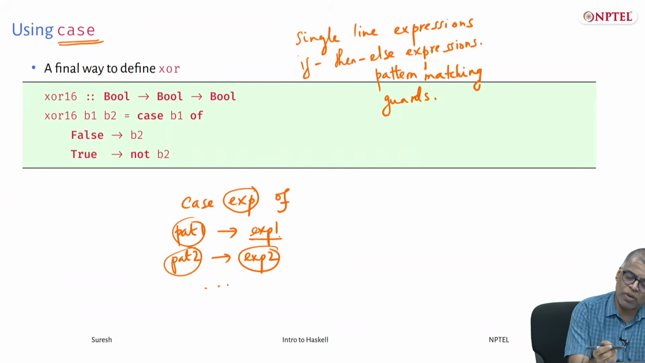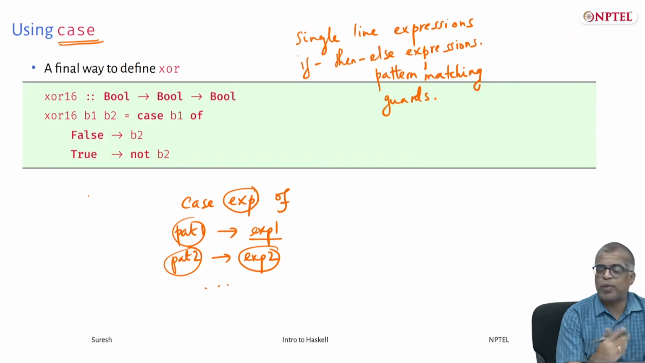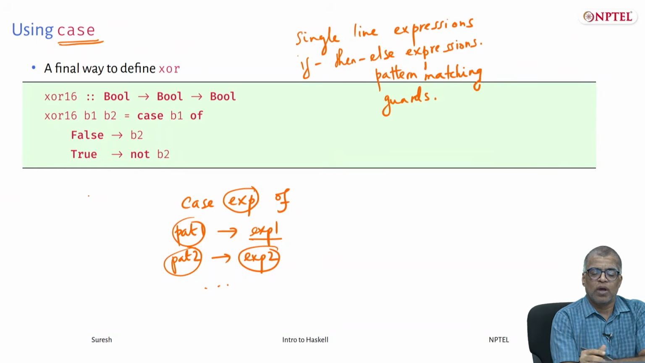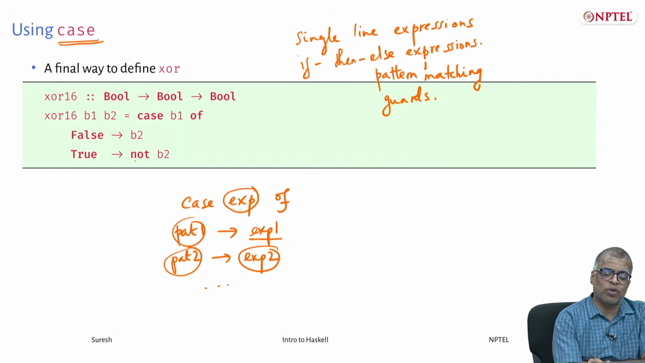So here is an example of case illustrated using XOR. XOR 16 B1 B2 is case B1 of false. If B1 is false, then the overall value that you want to return is B2. If B1 is true, then the overall value that you want to return is not B2. Okay, so this is another way of defining